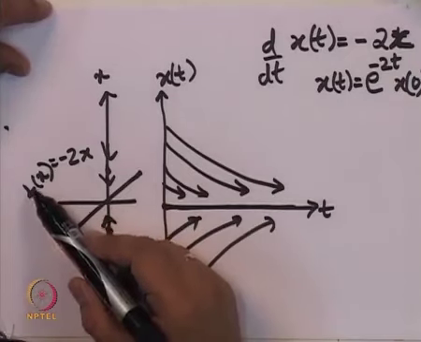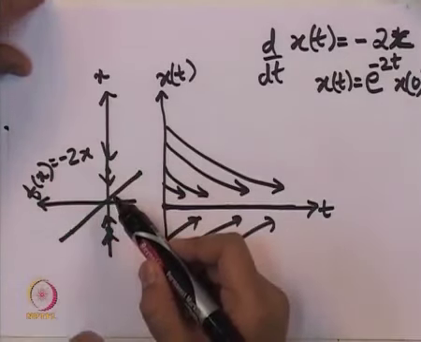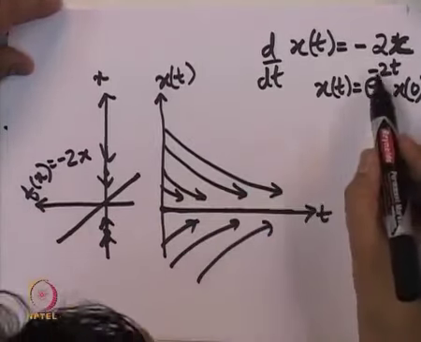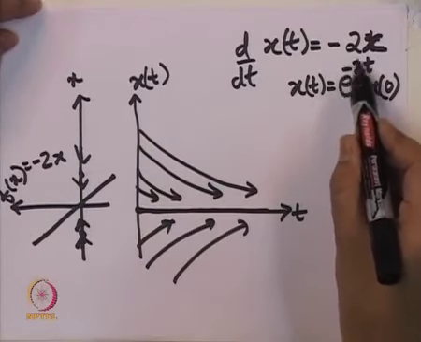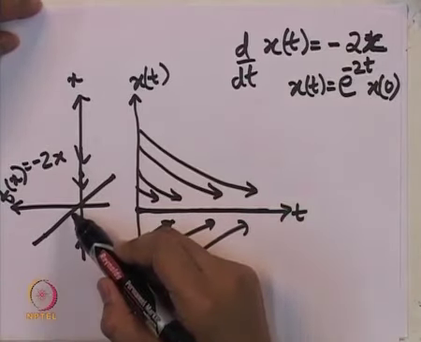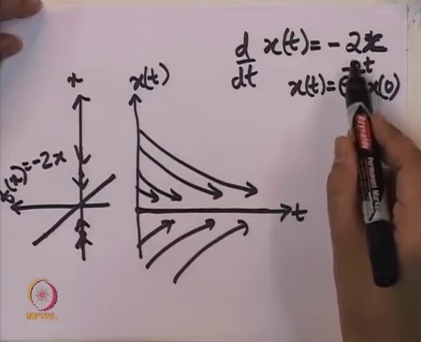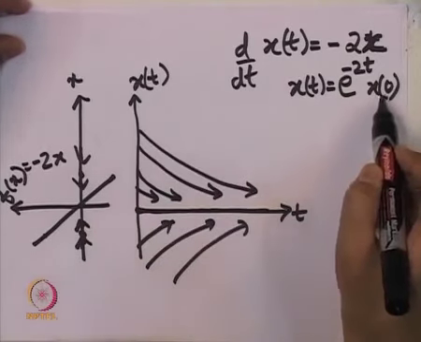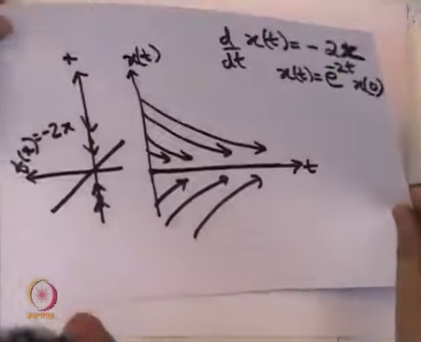Which line? The graph of f versus x at the point 0. In fact, at every point it is a line with slope negative, and that is deciding the exponent. Because that corresponds to a line with slope negative, we see that this is e to the power negative number times t, and it is going to decrease in magnitude no matter which initial condition x of 0 we start with. But when the slope is equal to 0, our test is inconclusive. To see that, we will quickly see 3 differential equations,